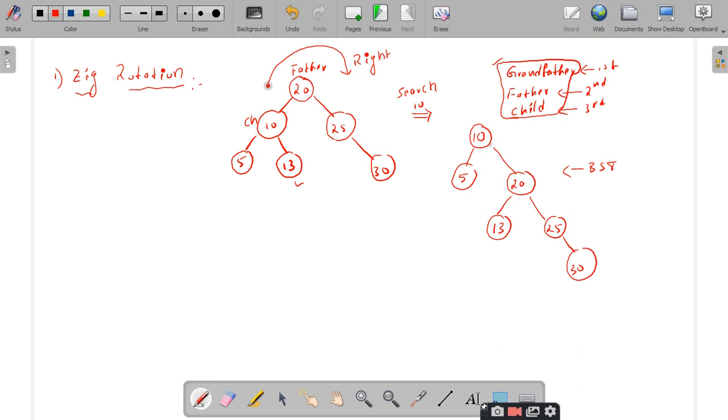Right. And for example, if you want to perform the search of 10 again, how many memory accesses are you performing, or how many operations, or how many comparisons are you performing? Only one, sir. Only one comparison. So now what is the complexity here? Big O of 1, sir. Big O of 1. So this is how the splay trees perform better when compared to that of the AVL trees